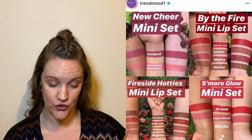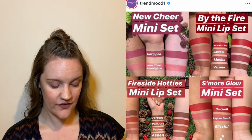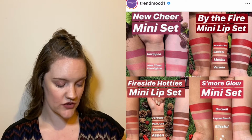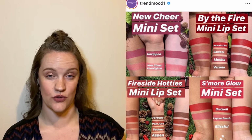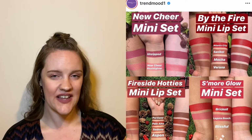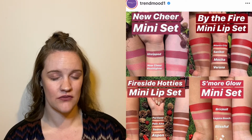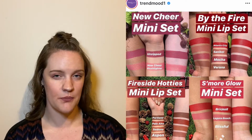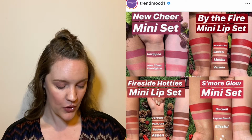They do have two sets. One is called the Fireside Hotties and this one is $20, and then the other one is called By the Fire and this one is also $20. That's $5 a lipstick. Yes, okay, it's a mini, but I think their full sizes are about $15 each, so that's not too bad. I don't know what their size is compared to a full size, but I was drawn in by